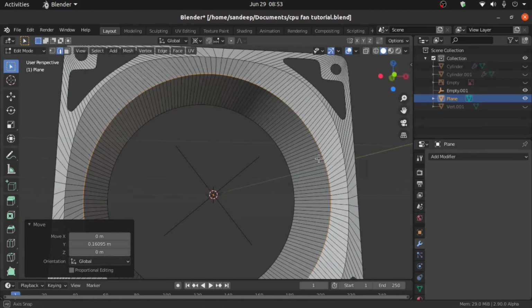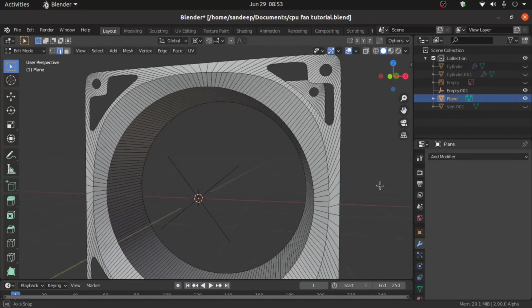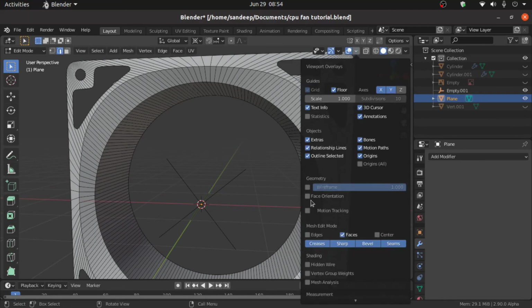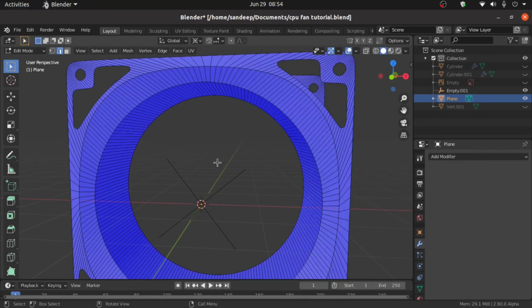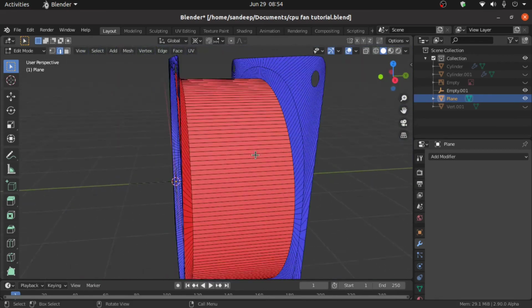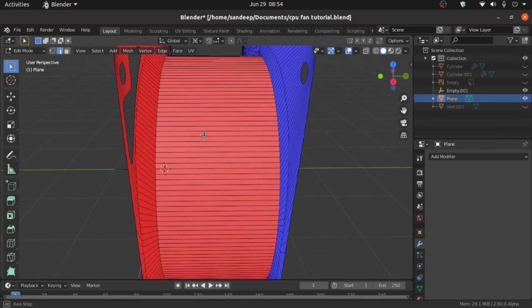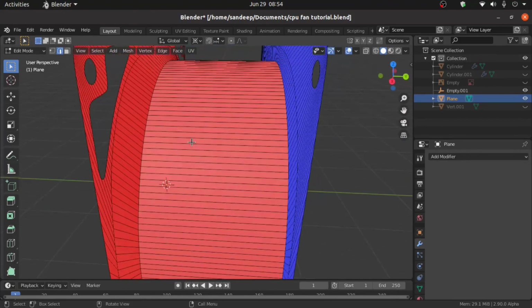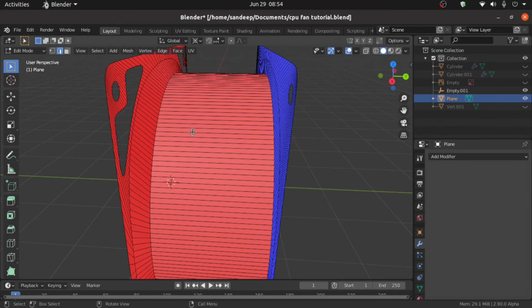Okay. Now click on this arrow and turn on face orientation, and you can see that its face orientation is wrong because the external face should be entirely red.